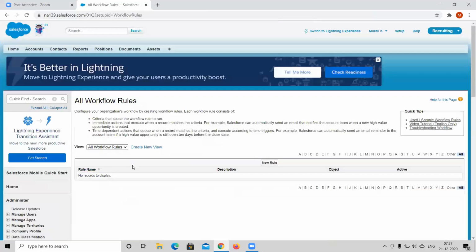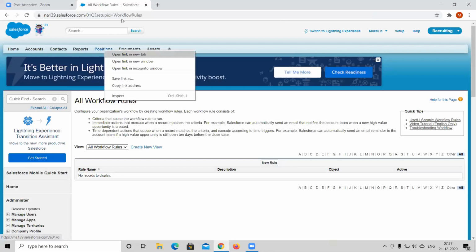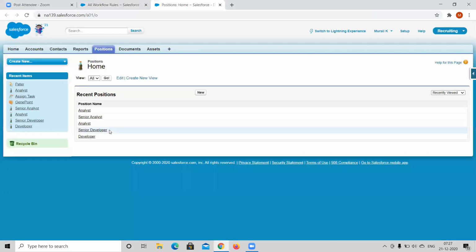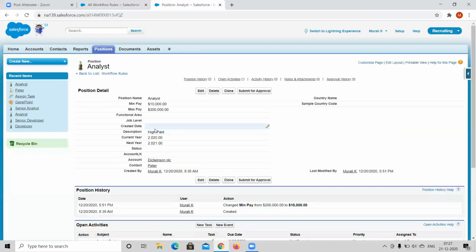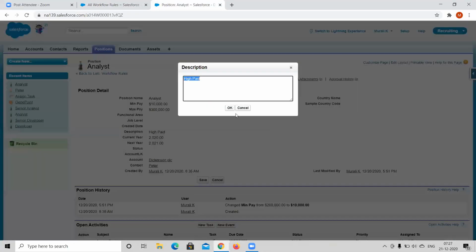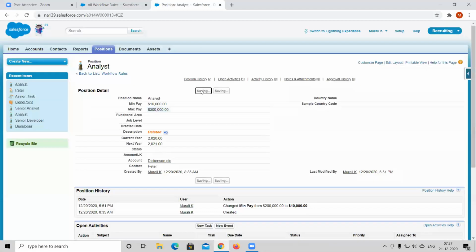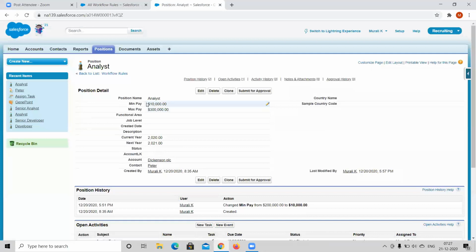As of now, I don't have any workflow rules. Let me create a new rule. First of all, let me tell you what I'll do. I have a description field. I want that whenever the minimum pay is more than 1 lakh,